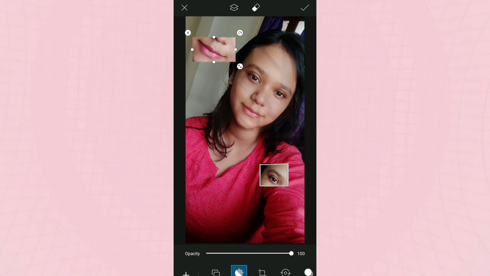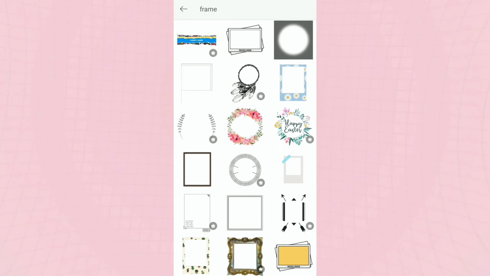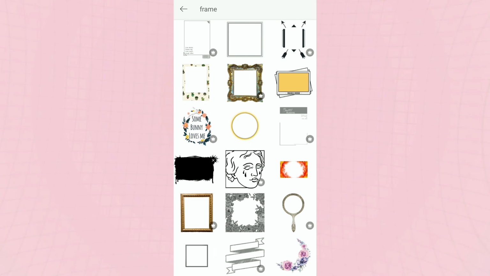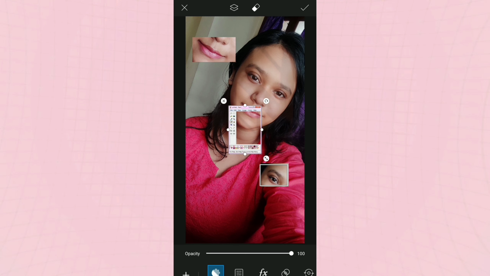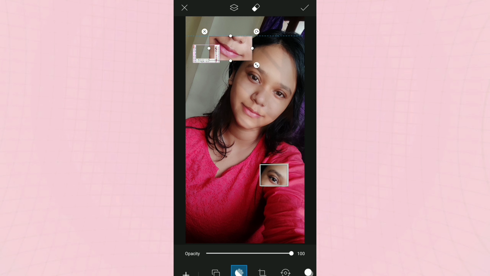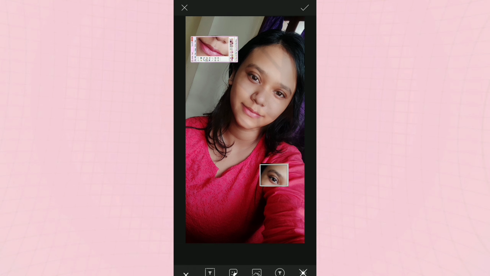I really saw this beautiful frame when I was framing the previous cutout. It's like the Windows Paint we used to use when we were kids and we were learning how to use our computer. That kind of effect, and it's beautiful. I love it. So yeah, that's how you can edit. I just gave you an example. I know the edit is very ugly, but it's just to show you how you can do that.